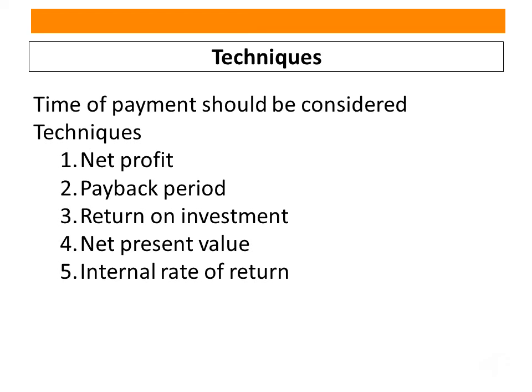On what basis are they calculating the cost and benefit analysis? The benefits and the cost on the basis of net profit, that is, what is the net profit behind that particular cost generation, and payback period, what is the period to pay, and return on investment, what is the investment behind all these software items and whatever the product releases or items related in the market, and what is the net present value of that particular software, and what is the internal rate of return.